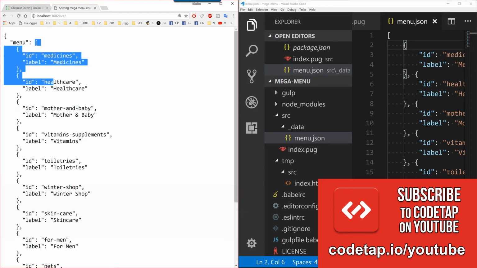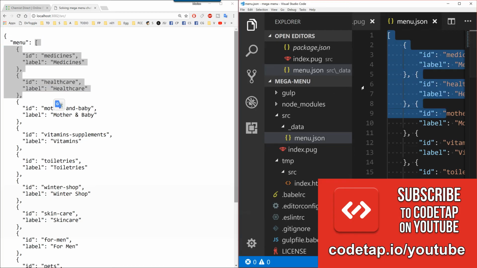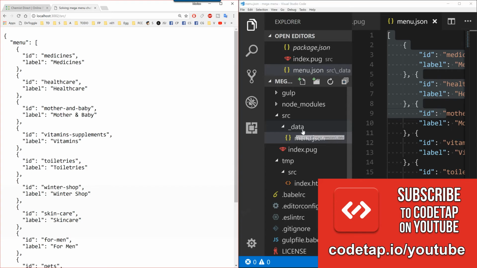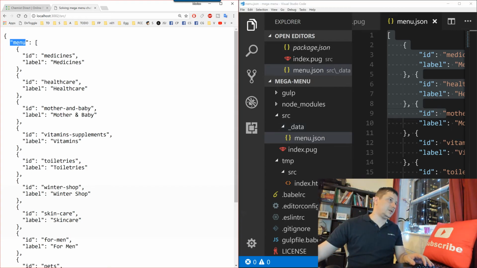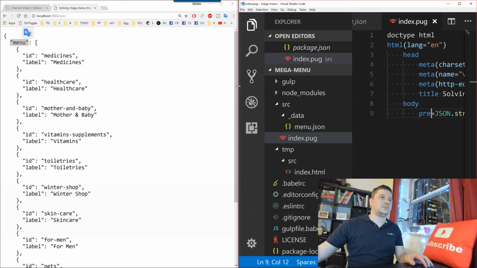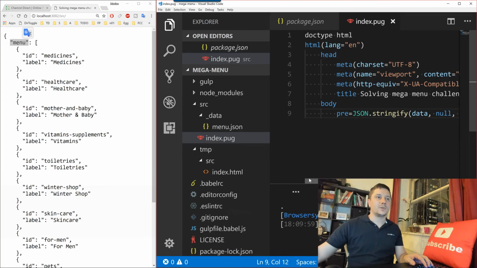So this array over here comes from here. Okay. So if we are to create a new file here named info.json, we'll have another key like menu, and the value of that key would be whatever is inside the info.json file. Okay, so with that said, let's quickly create a menu,